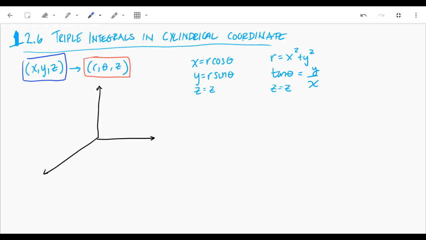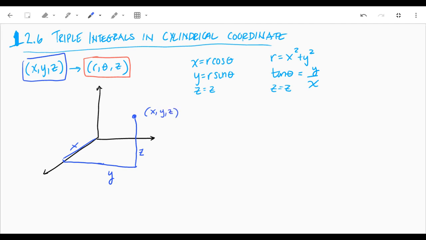In rectangular coordinates, we would go out a distance x. It could be negative too, but it's easier to do it in the first octant. Then we go a distance y, then a distance z,